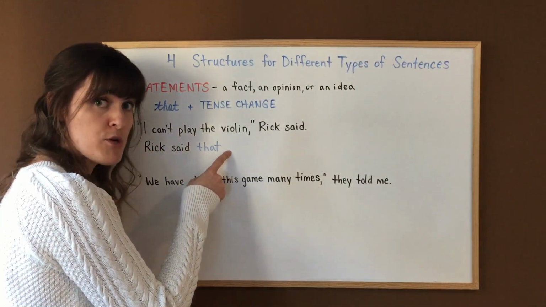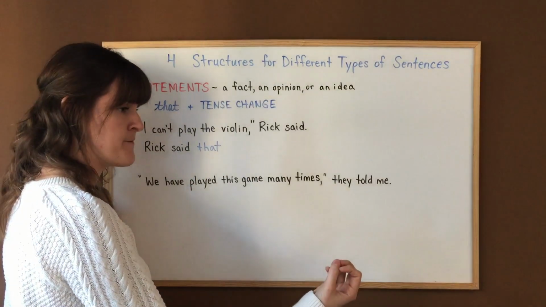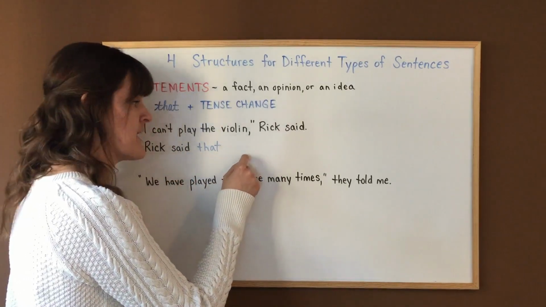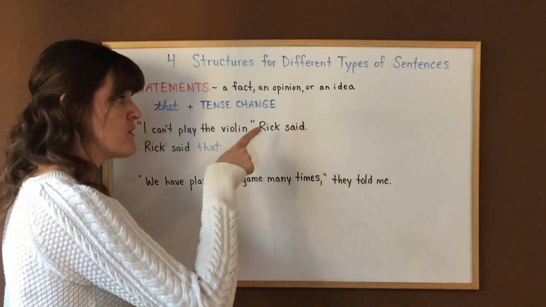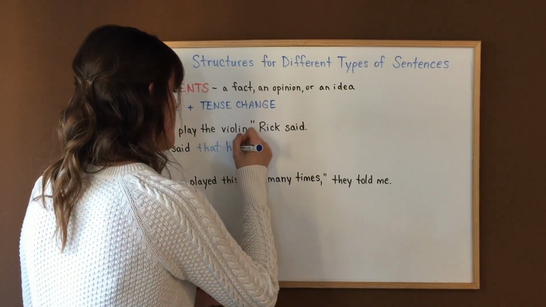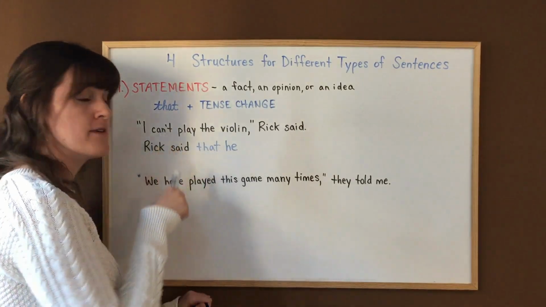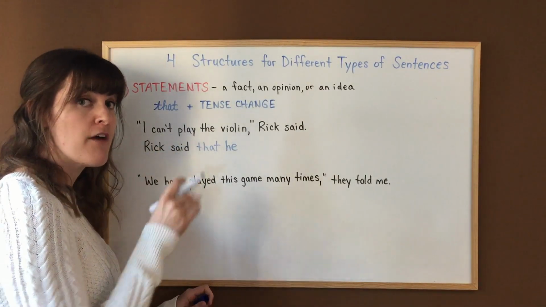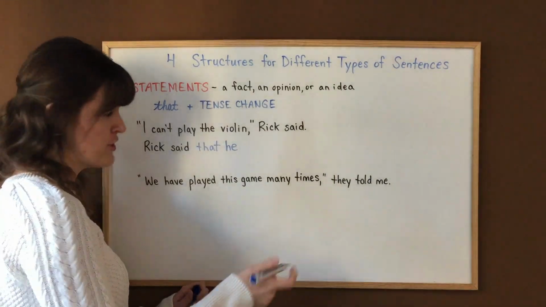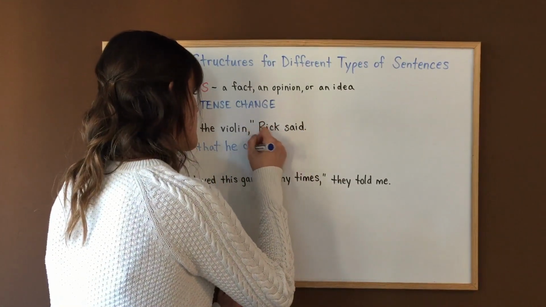So that, let's go to the beginning. I. Can I put I? Rick said, I can't play the violin. So can I say Rick said that I? No. Rick is talking about Rick. Rick is a boy, so we say he. Rick said that he, our verb, can't play. If you look at your new chart, can't in reported speech becomes could. So this one's a negative, that he couldn't